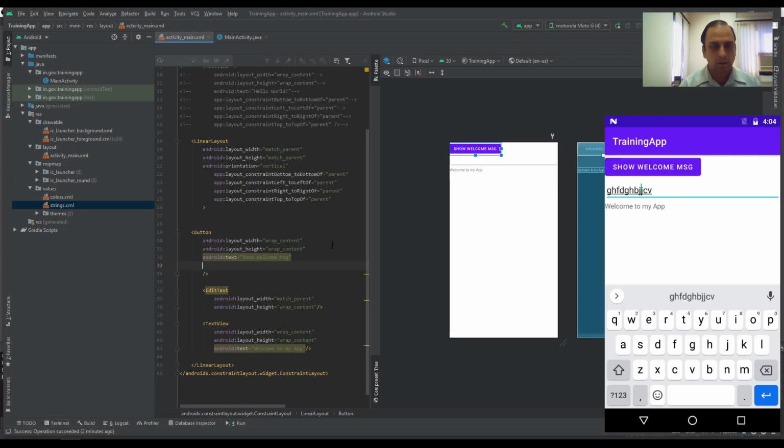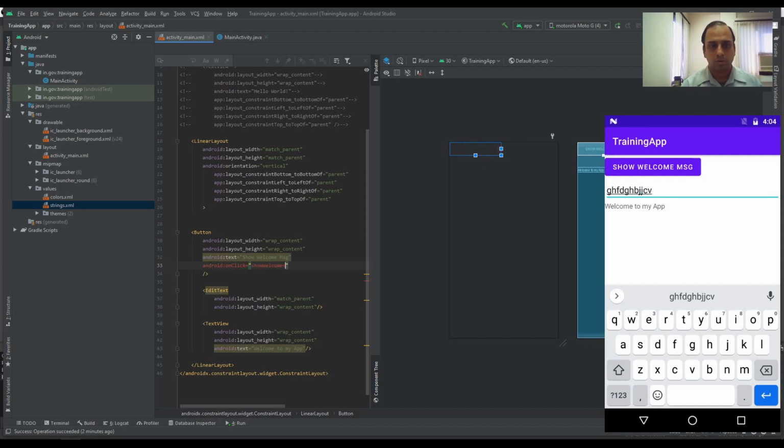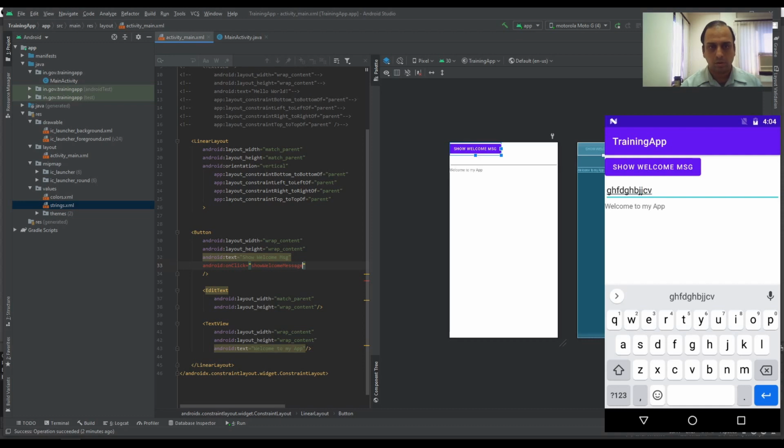Okay, so here the onClick method, say showWelcomeMessage. Okay, so this onClick parameter will tell the Android Studio that this particular subroutine, function named showWelcomeMessage, has to run when the button is clicked.